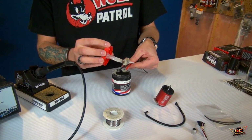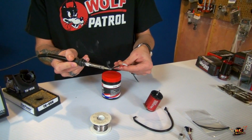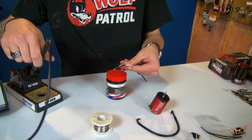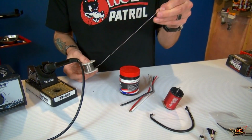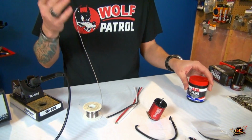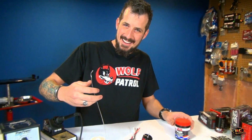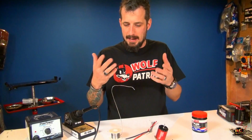So I'm just putting a tiny, tiny bit of flux on the end. Just going to melt it a little bit with the heat gun. I know everybody's got their own different ways, but just for something quick and easy, this is the way to do it. Check this out. Solder will stand nice and erect. Lots of jokes there, I already know. If you actually take your solder and stand it up, put it on a bend like that,